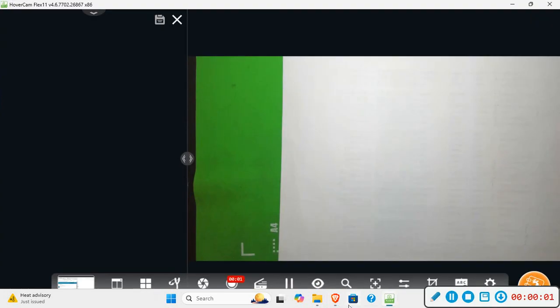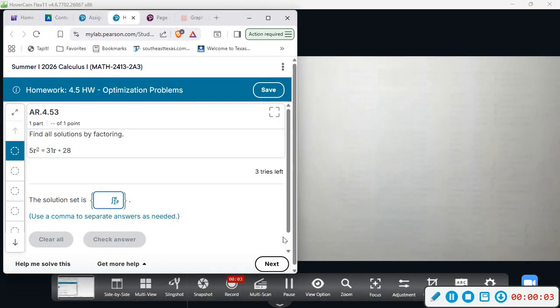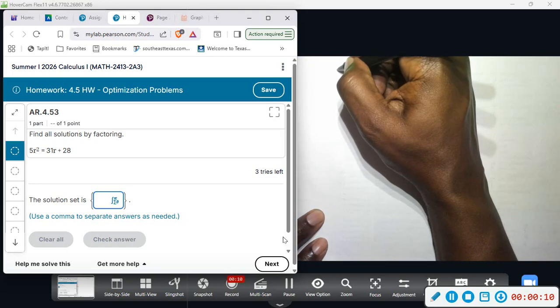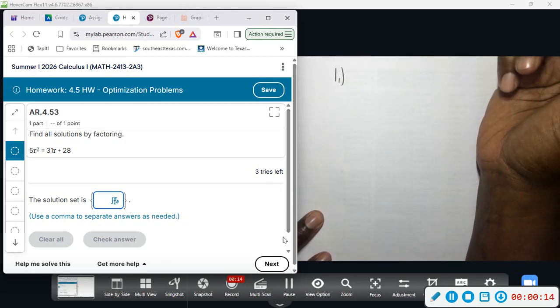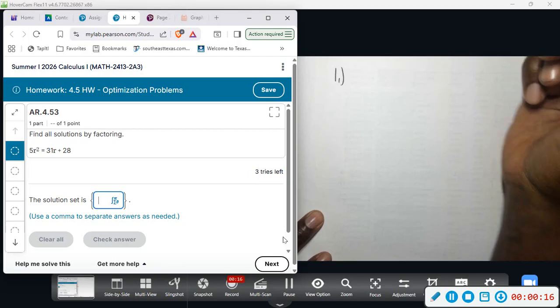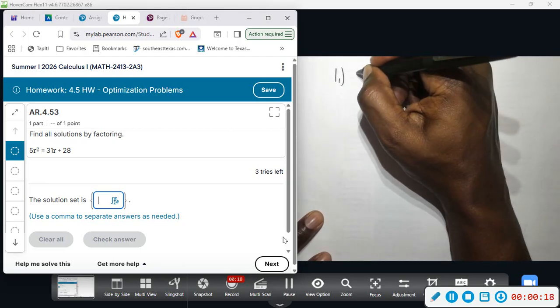Alright, so we're looking at number 1, 4.5. We want to find all solutions by factoring, so this will be a review concept. So I'm going to start out by setting this equal to 0, so moving all my terms to one side. So we have